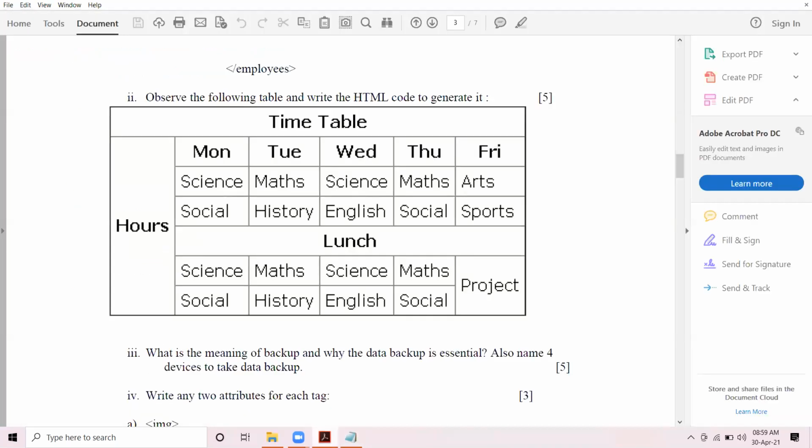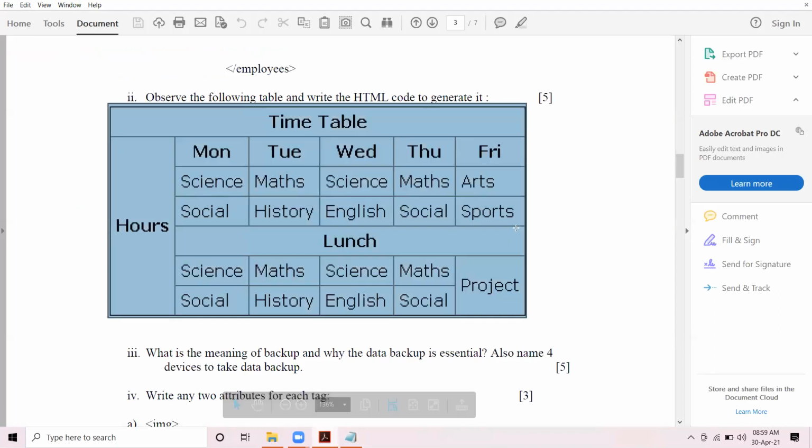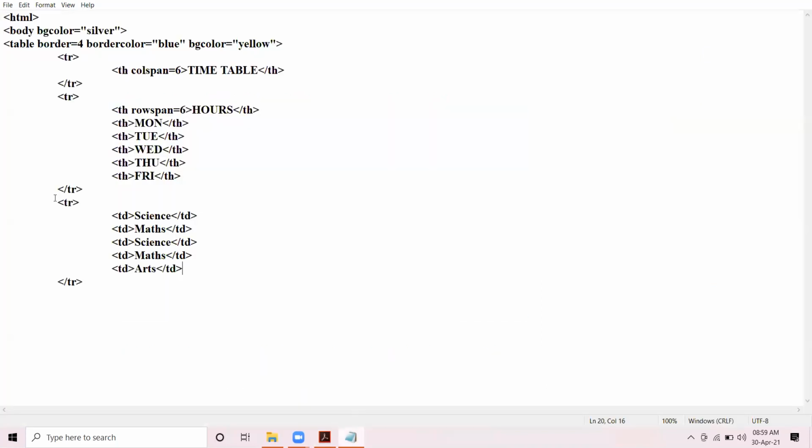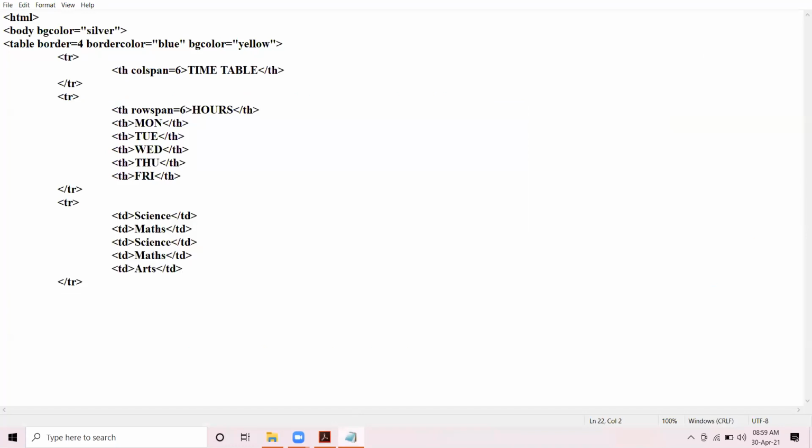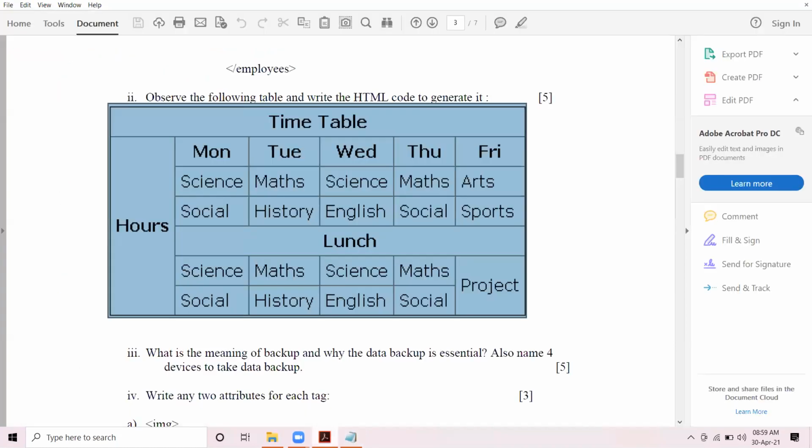Science, maths, arts. Now in the next row, sorry, social, history, English, social, sports. So I select it, copy it, and I paste it over here. The cells are social, history, English.